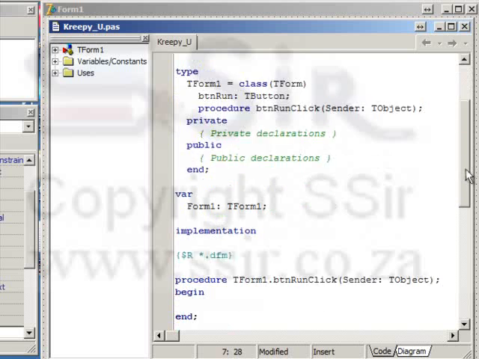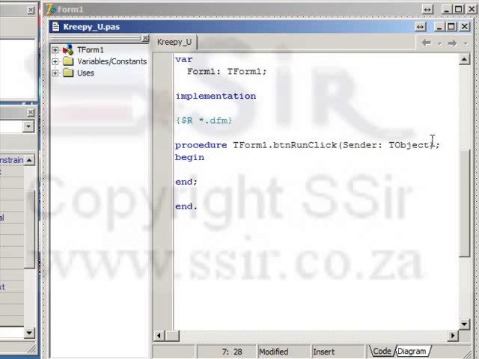Then we scroll down again to where our button is, and before the begin line press Enter and get an open line there and type the word var for variable, and we want to create a new variable of the type tGogga. Let's call this variable creepy, and the type is tGogga. And then one down, double spaces and enter, and we want to create our object, or we want to instantiate, we want to start, use the object for the first time. And the command you know well is creepy :